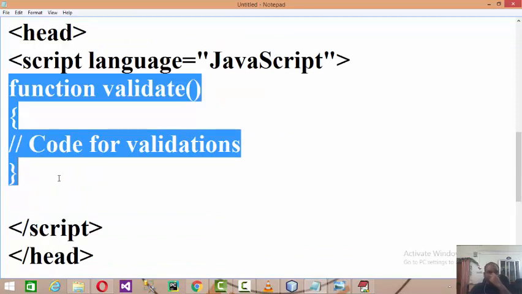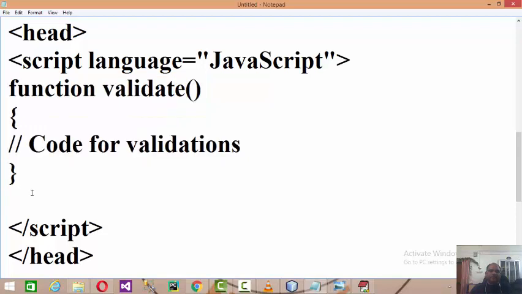So what you can do is cut these functions and develop a separate JS file. Right click on the web pages and add a JS file, and you can store all these function definitions over there. That means the entire lengthy JavaScript code you can store in a .js file.